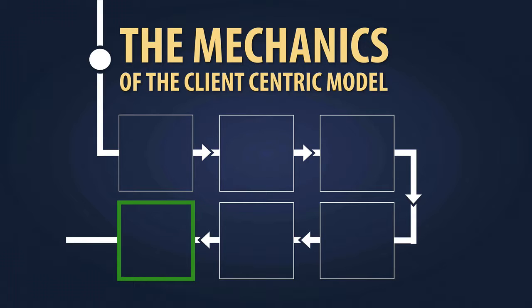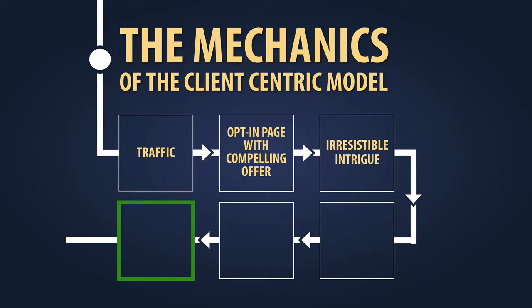And there's 6 steps. The first one is, of course, we get some traffic. Those are people who are going to come to a web page. And in this case, we want to send them to a web page with an opt-in to get something for free. So typically, if you send them to a page that says, hey, I'm a coach or I'm a consultant, click here to give me some money, that's not going to work. We're going to need to build a little bit of trust and help them in advance, and then we'll get them as clients. But we can accelerate that and make it happen a lot faster with something that's called an